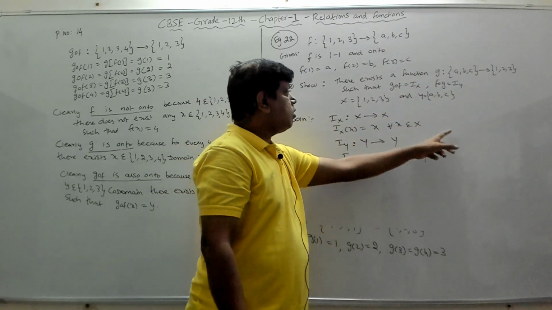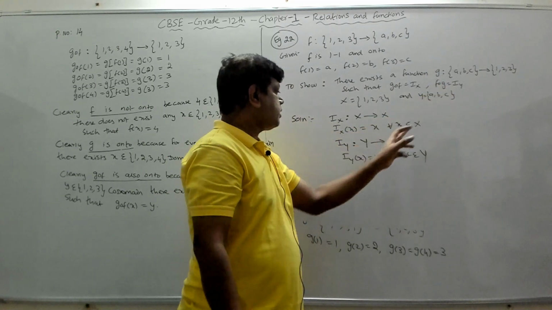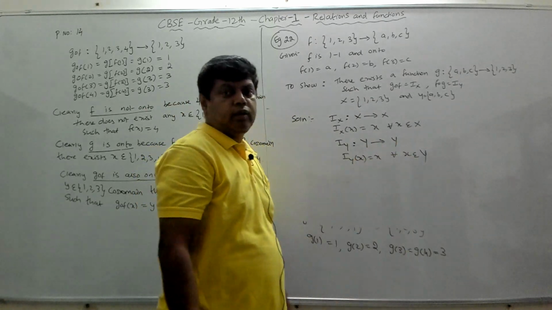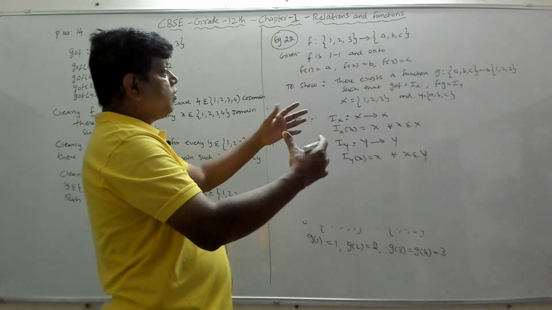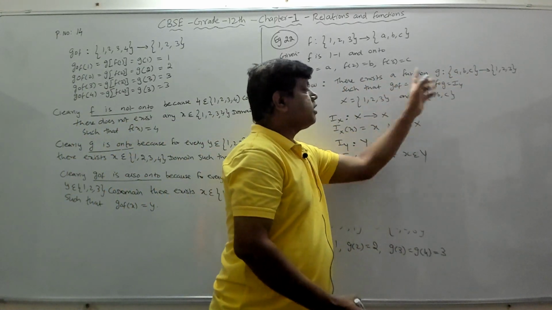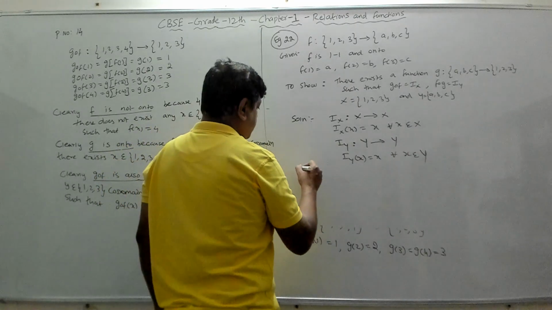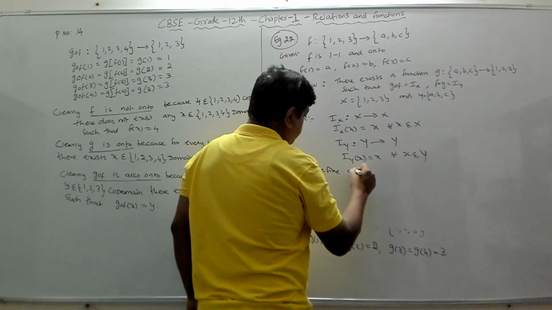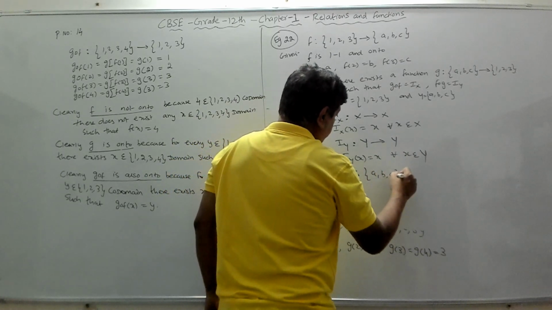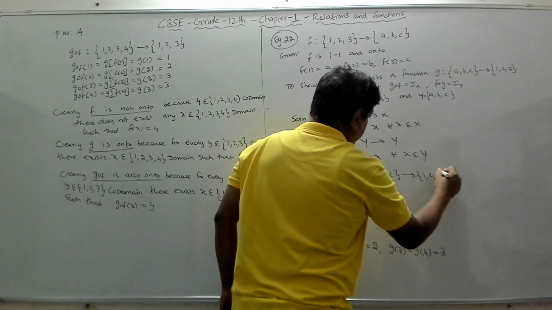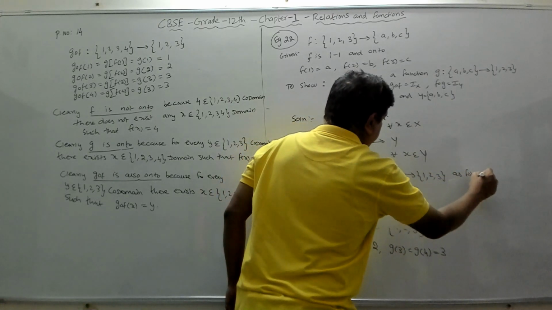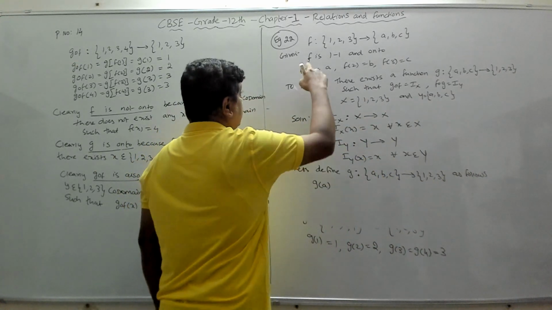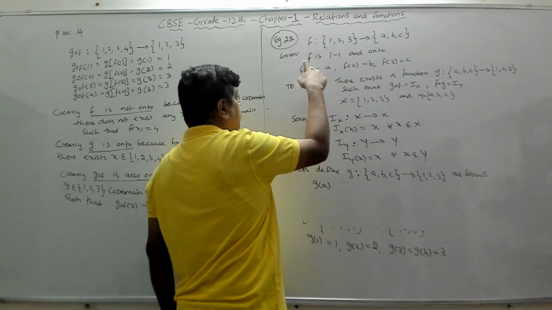And f of g should be equal to Iy, which means we should prove that f of g of x should be equal to x, and it is from the set y to y. We have to see whether we can define a function g from this set to this set such that this condition is satisfied. Now let's try to define the function G. So let's define G from the set ABC to the set 1, 2, 3 as follows. That is easy. We'll define the inverse of this, which means we'll take G of A. See, f of 1 is going to A. We'll say G of A will go to 1.